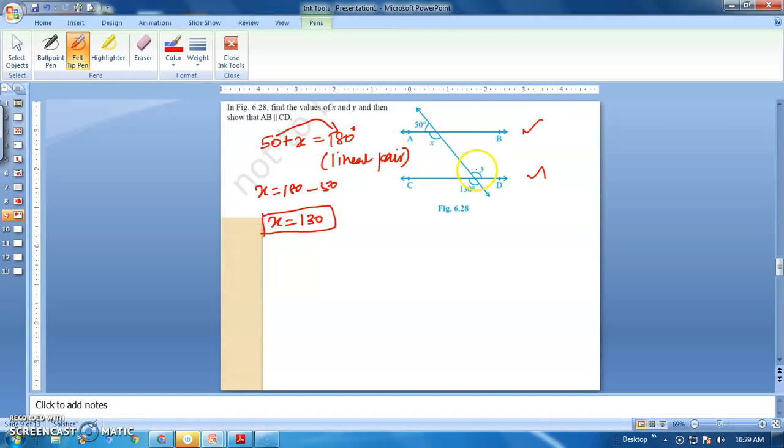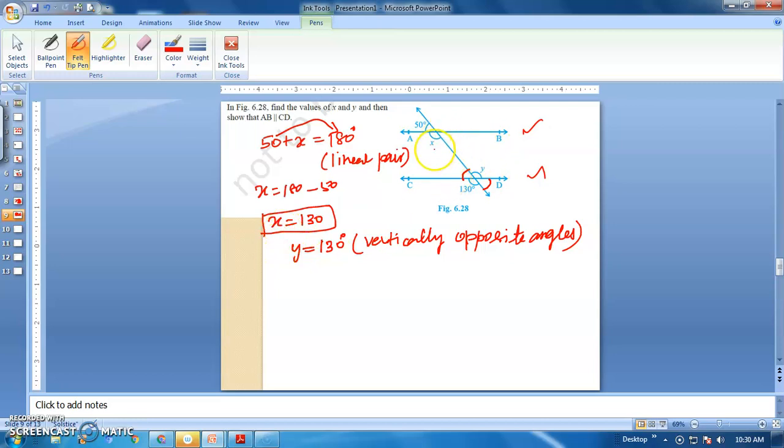Next, the y value. So here 130, and similarly, listen here. Here 130 is there. Here two lines, this line and this line are intersecting, right? So when two straight lines are intersecting like this, what type of angles are formed? Vertically opposite angles. These two angles are vertically opposite angles, and these two angles are vertically opposite angles. Vertically opposite angles are always the same. Therefore y equal to 130 degrees, because vertically opposite angles.